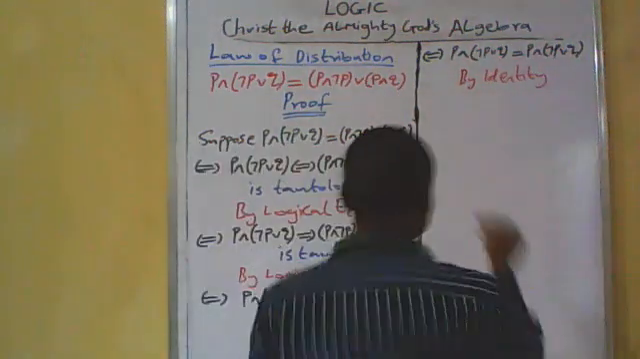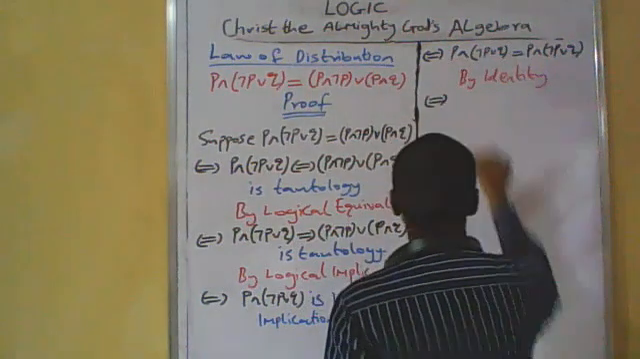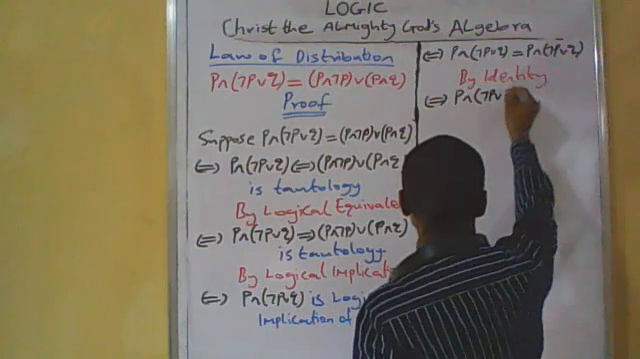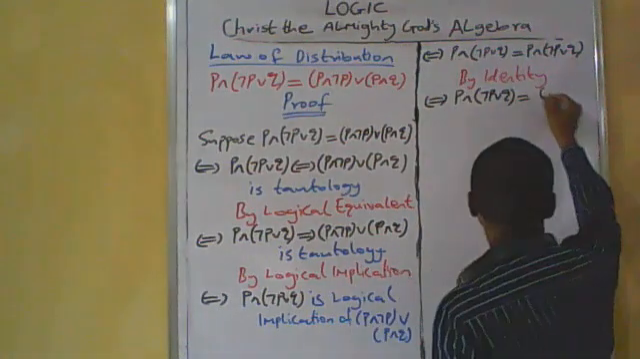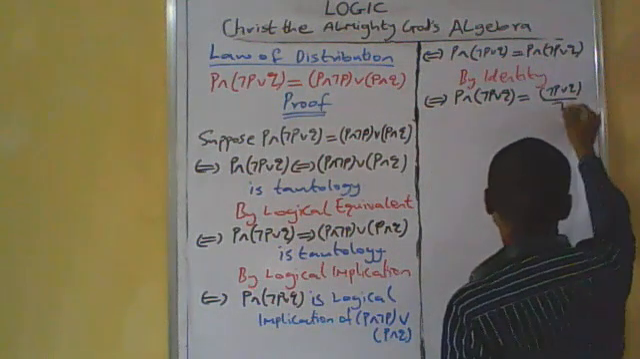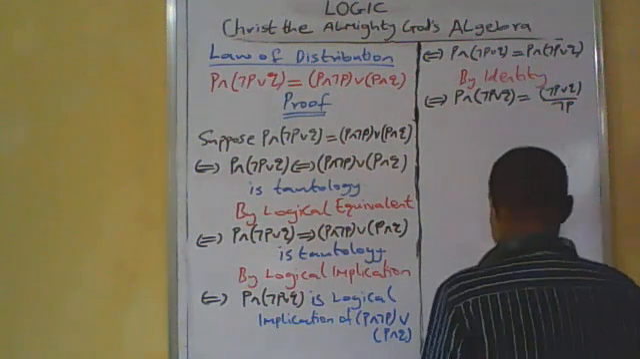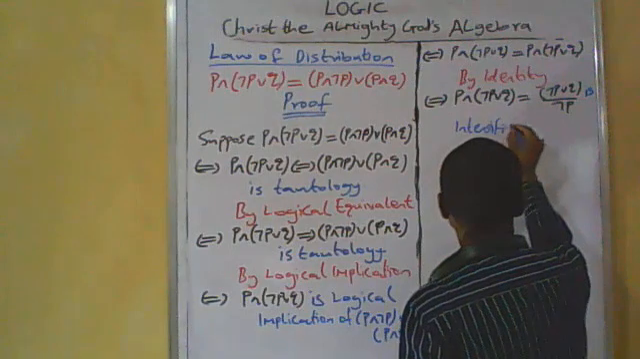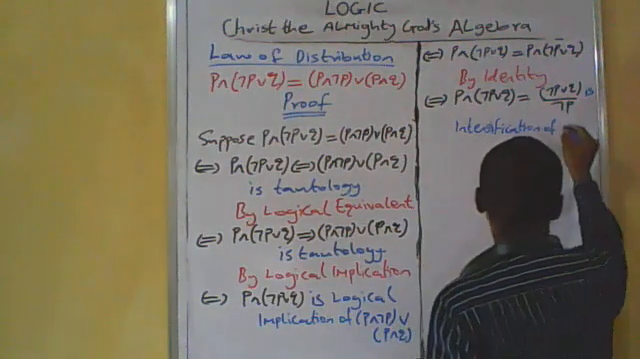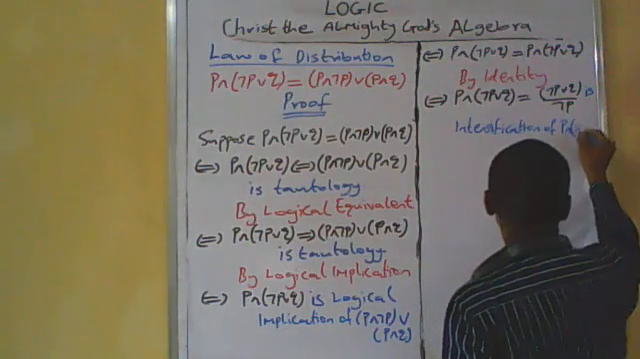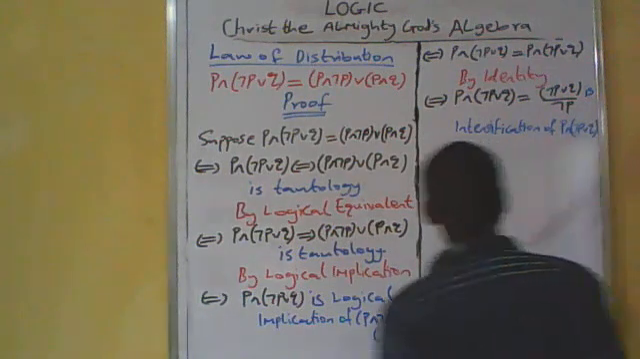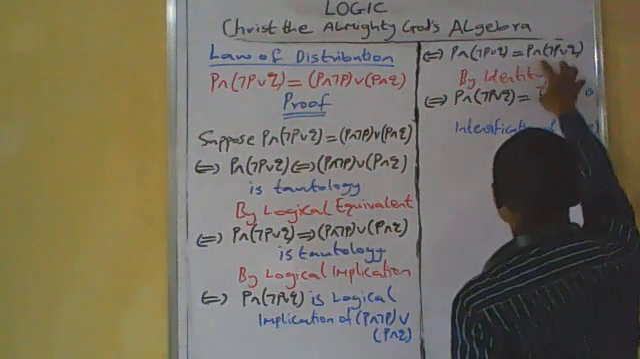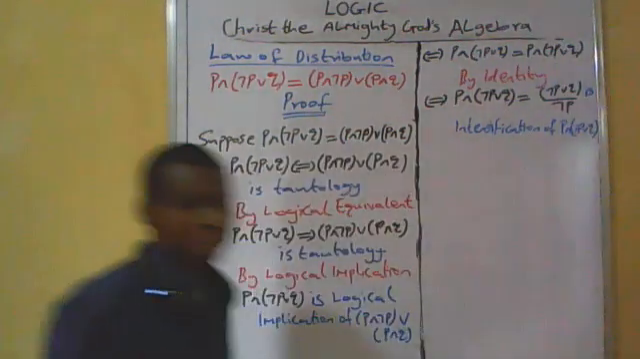Say if and only if P and bracket not P or Q is equal to bracket not P or Q upon not P, is intensification of P and bracket not P or Q. You see that this quantitative statement has now been transformed to conditional statement by